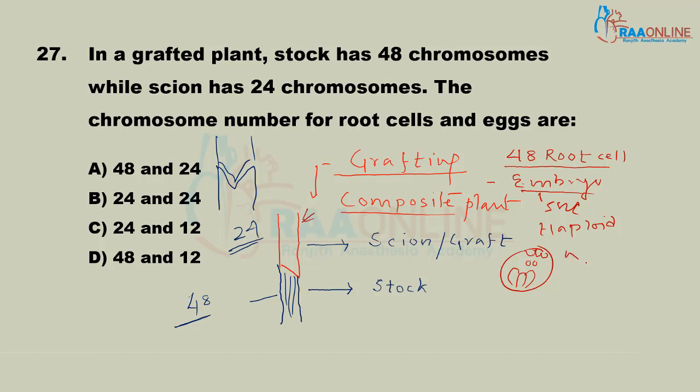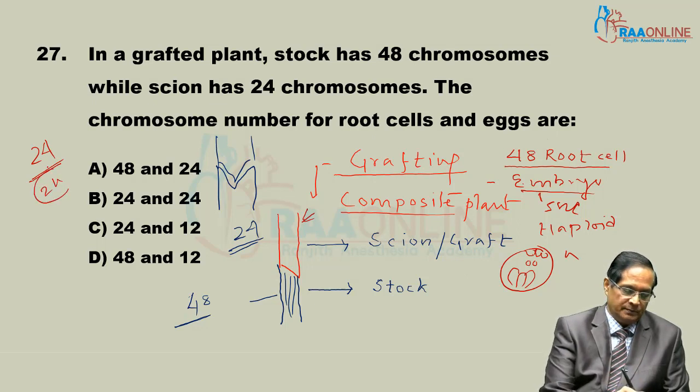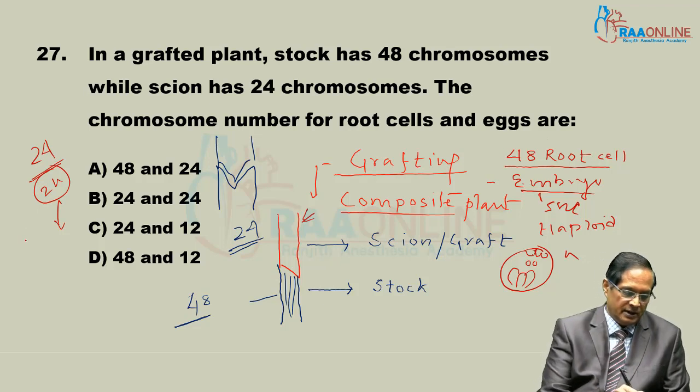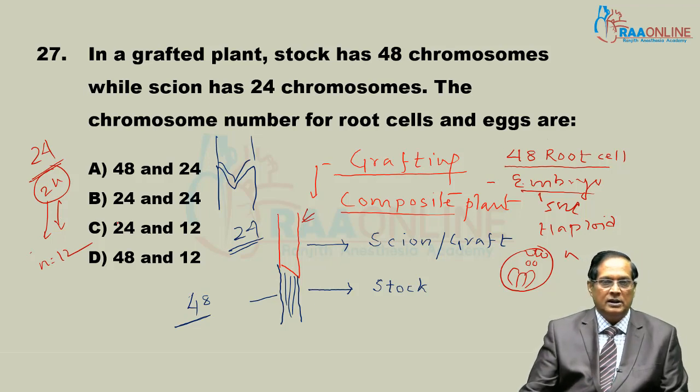The entire structure is haploid. The number of chromosomes in the scion portion is 24, and the scion is diploid, but the embryo sac is haploid. So the number of chromosomes in the egg cell is half that of the scion, that is, n equals 12. So the final answer is